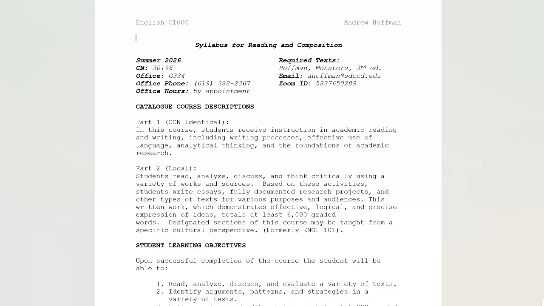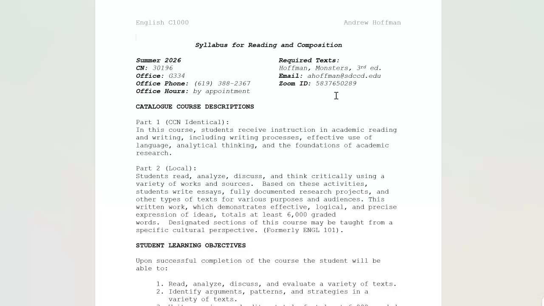If you do want to do a Zoom conversation, if we can find a time together to do a Zoom conversation, here is my Zoom ID. So if you'd like to talk to me, you want to talk about an assignment, maybe some issues with the class, or just in general, anything that helps you out, we can do that on Zoom. And this is the Zoom ID, but you'll also see that if we set something up, I'll send you an invitation that will also have that Zoom ID. Otherwise, I will not be on Zoom at any regular time.